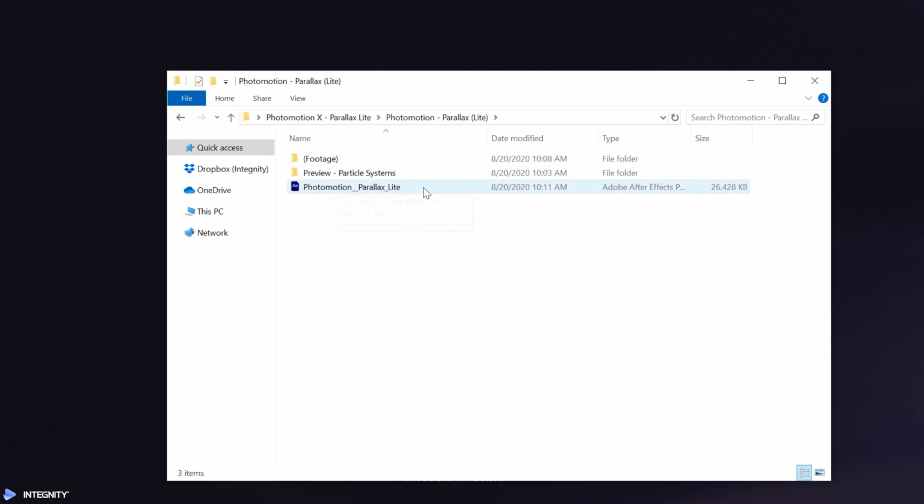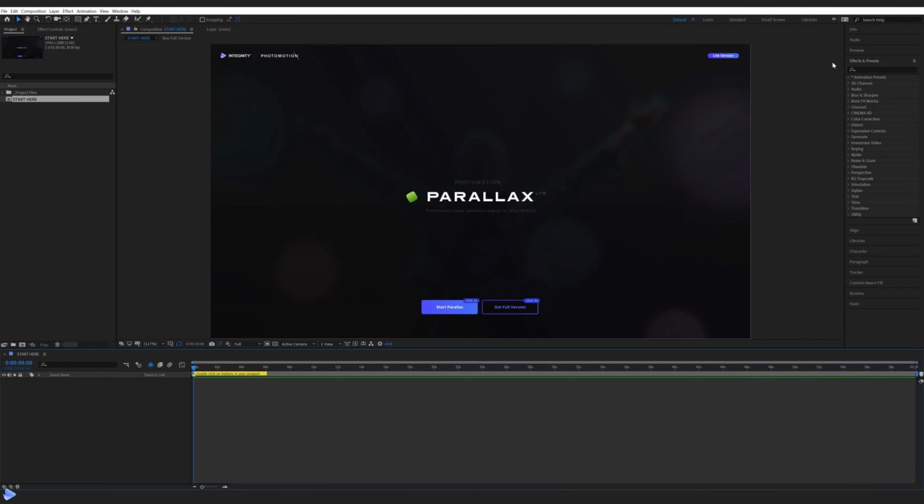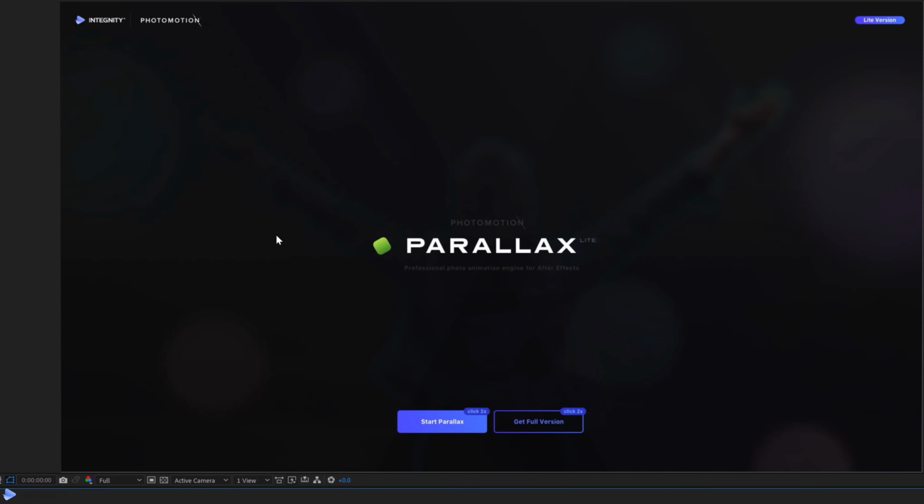Okay, so the next step is just to access Parallax. Just make sure to give After Effects a little bit of time. We're loading a lot of files into the cache, so just bear with us for a moment. Cool, so you'll instantly notice at the splash screen here that everything outside of the viewport is pretty blank. Photomotion is of course a viewport based application, so most of our work is done within the viewport and effect controls. Not to say that you can't do more, we still have the full power of After Effects within this application. Right, so with that quick disclaimer out the way, let's just go to the viewport here